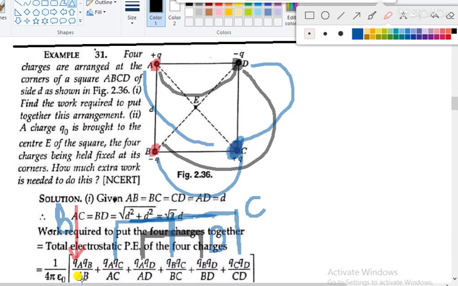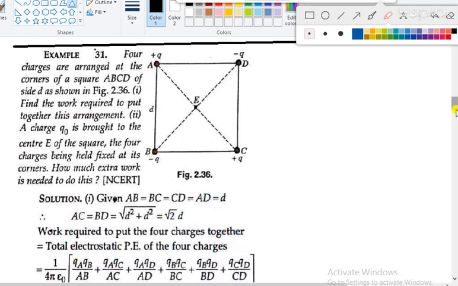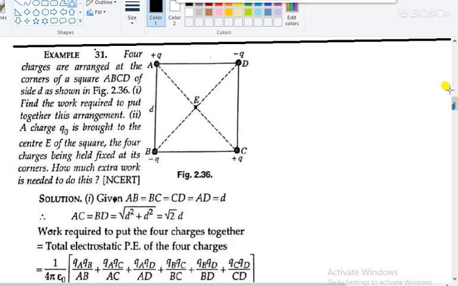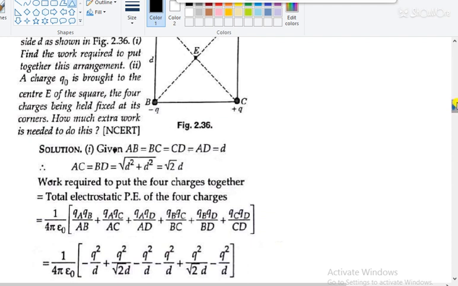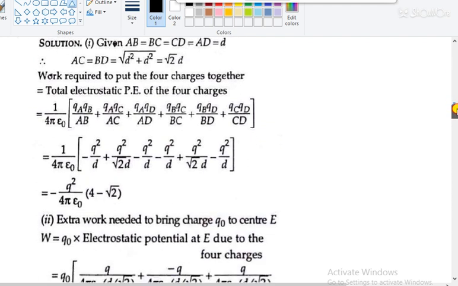And the distance when we are moving charge B, the distance is AB. While moving this charge D, the distance between A and D, this is AD, and this is AC, and diagonal AC is under root 2 times D. This you have done earlier. So I hope now you have understood some concept about potential energy. Now I am erasing it, so you can see the solution part, and if you have any doubts you can write in the comment box or drop a message to me. So this was all about the question. By putting the values with positive and negative signs, you will get the answer.